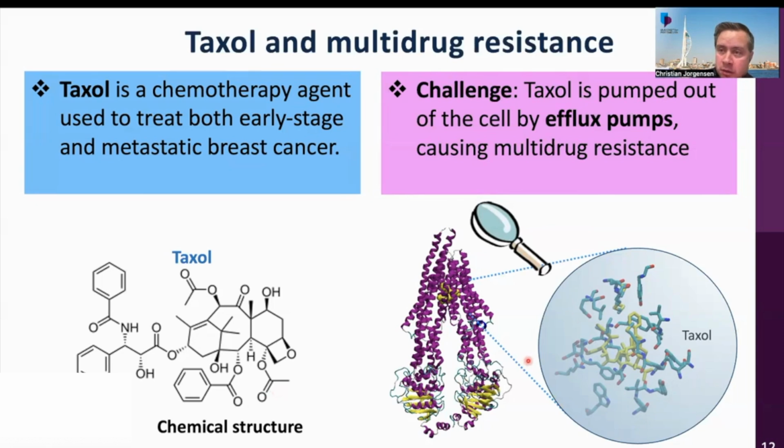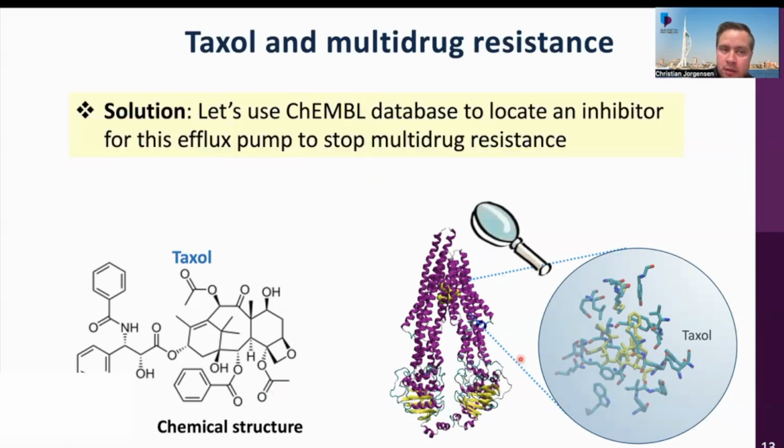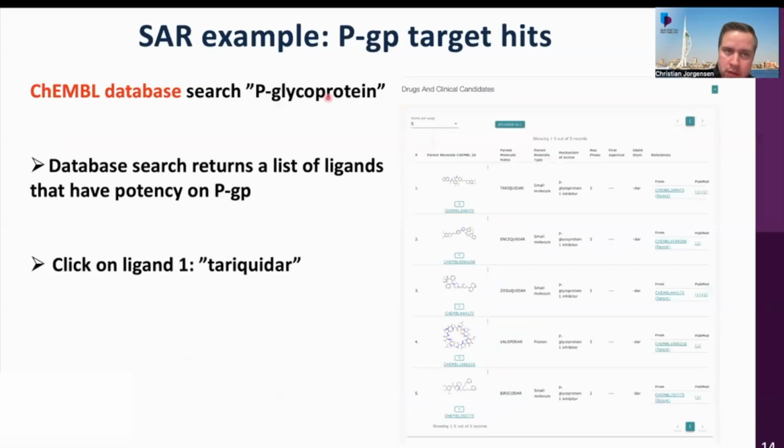So how do we do that? Let's use the ChEMBL database for that. So the solution here is to use the ChEMBL database to locate an inhibitor for this efflux pump to stop multi-drug resistance. So here's our SAR example, PGP target hits. PGP is the name of that efflux pump. So we will go to the ChEMBL database and search P-glycoprotein. Okay, and if we do that, and we select the correct human P-glycoprotein,